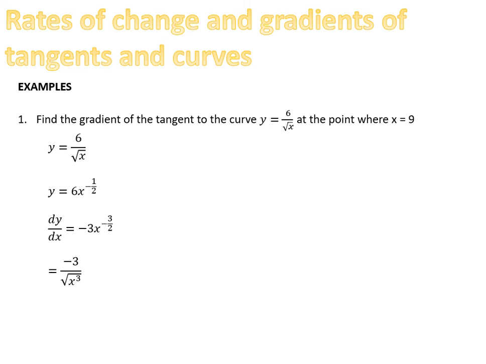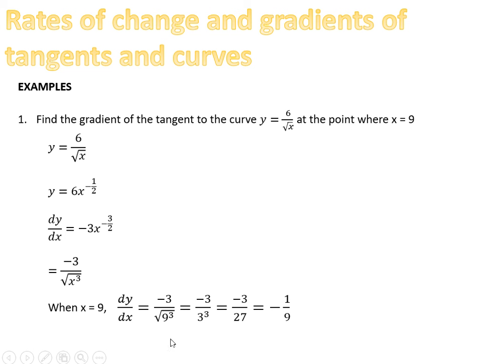It seems complicated, okay, but this would more often come up in a non-calculator test, so we can pop it in to our derivative, so it's minus 3 over the square root of 9 cubed. Do the square root bit first, it's much easier. It doesn't make any difference. You can do the 9 cubed first if you want to, but it's just dealing with bigger numbers. So square root of 9 is 3. 3 cubed is 27, nothing's changed along the top, but then minus 3 over 27 simplifies to minus a ninth,